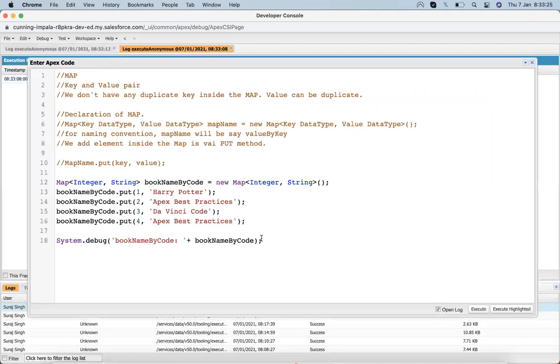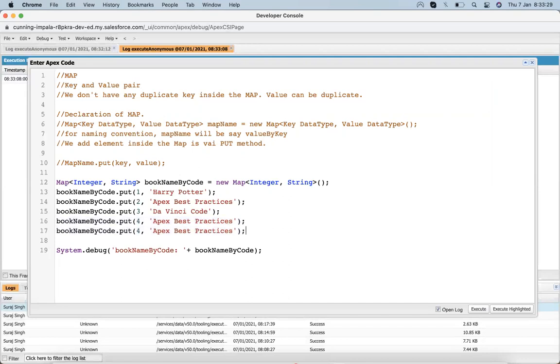Now suppose I duplicate the key. Let's see what is going to happen. It will override the previous value. Let me first debug it before adding and then after adding.